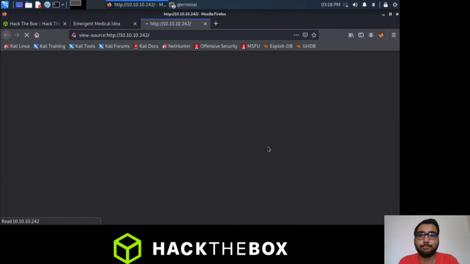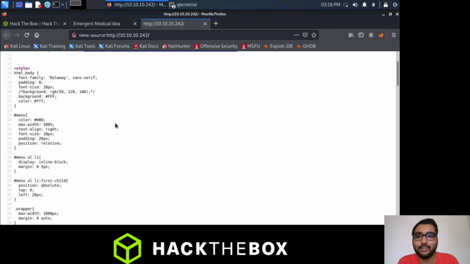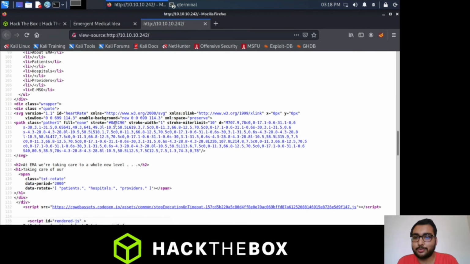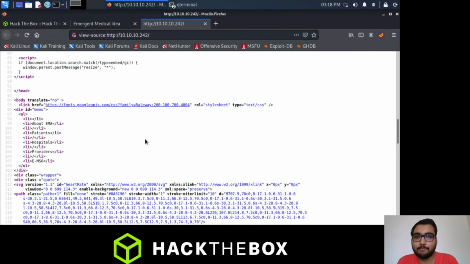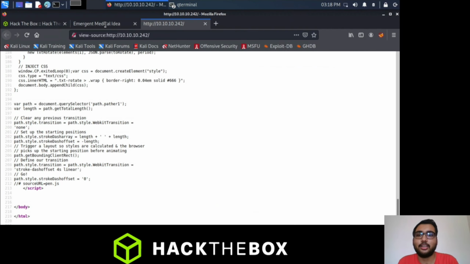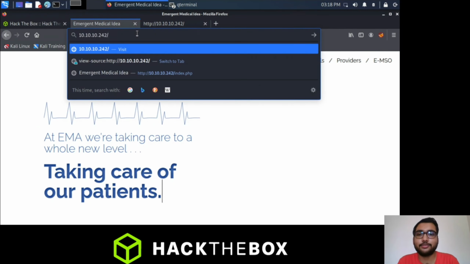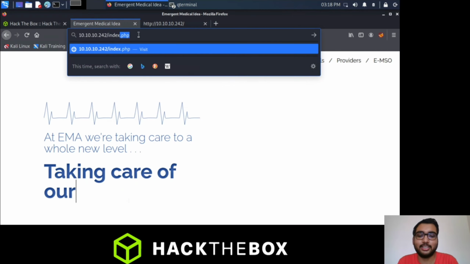Let's look at the page source, to see if we can find any hidden comment or any hidden link in the source of the page. Nothing interesting I can find here. Let's verify whether this is a PHP page or an HTML page.